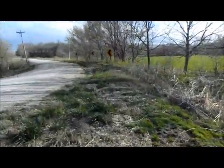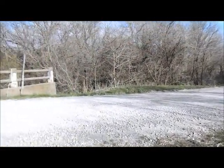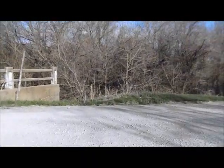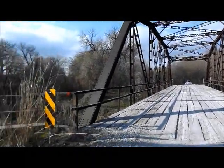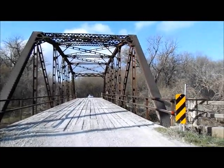I was going to say, out of all the bridges I've done in the last 3 years, I've never known a bridge not to have some sort of information plate on it. Okay, well that's cool. Although it did not give the name,